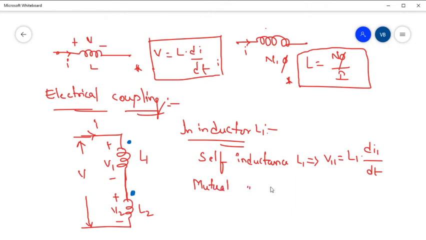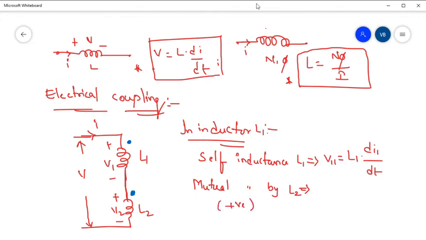So mutual inductance by which inductor? That is by inductor L2. So how can we write it? By the dot convention we have to verify. Here the current passes through the inductor L1 and first meets the dot, and in the same way, the current passing through inductor L2 will meet the dot. In both cases the current enters at the dotted terminal, so we need to take the mutual inductance as positive here.